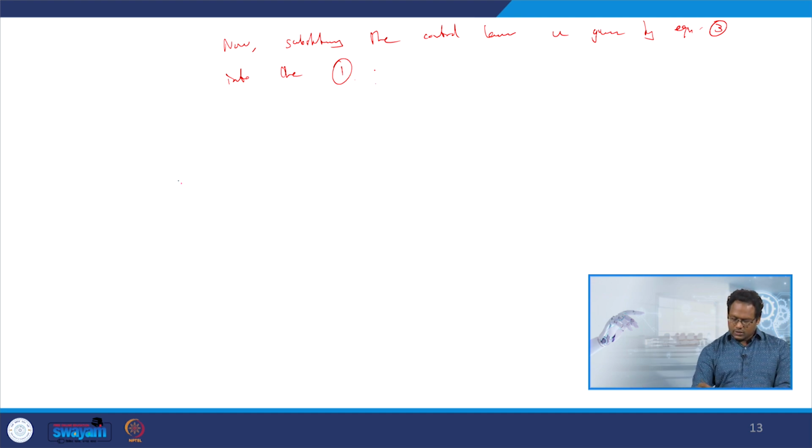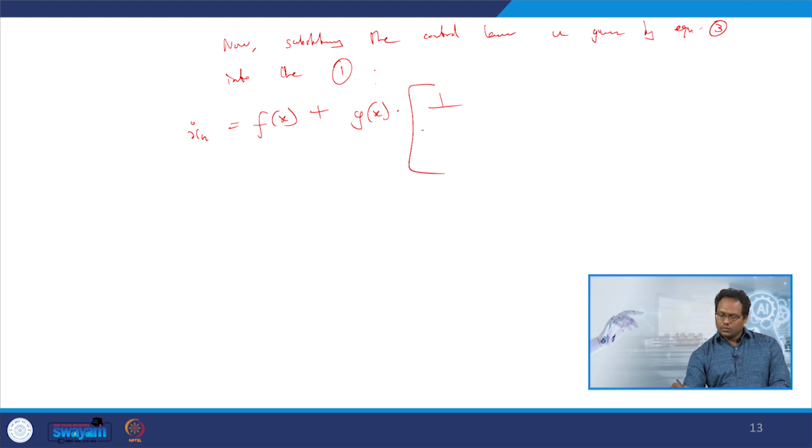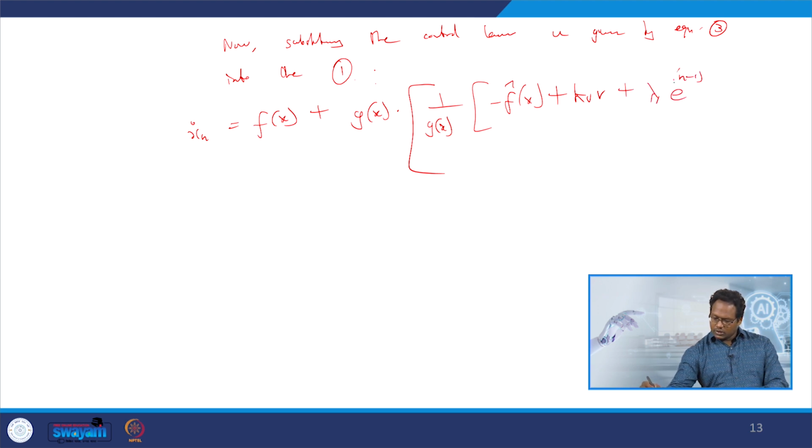We get x n dot equal to f of x plus g of x multiplied by the control law, 1 by g of x into minus f hat of x plus kv into r plus lambda 1 n minus 1th derivative plus lambda 2 n minus 2 derivative of e, and it continues, lambda n minus 1 first derivative of e plus x n d dot,